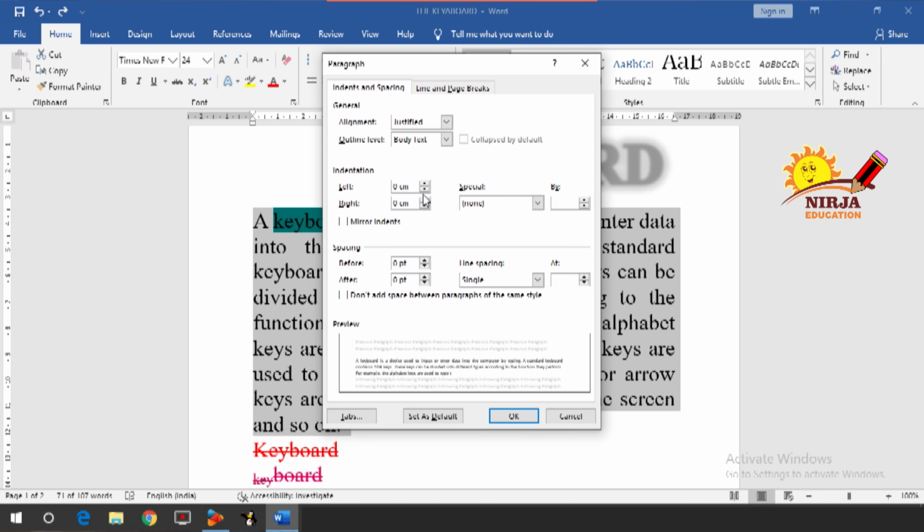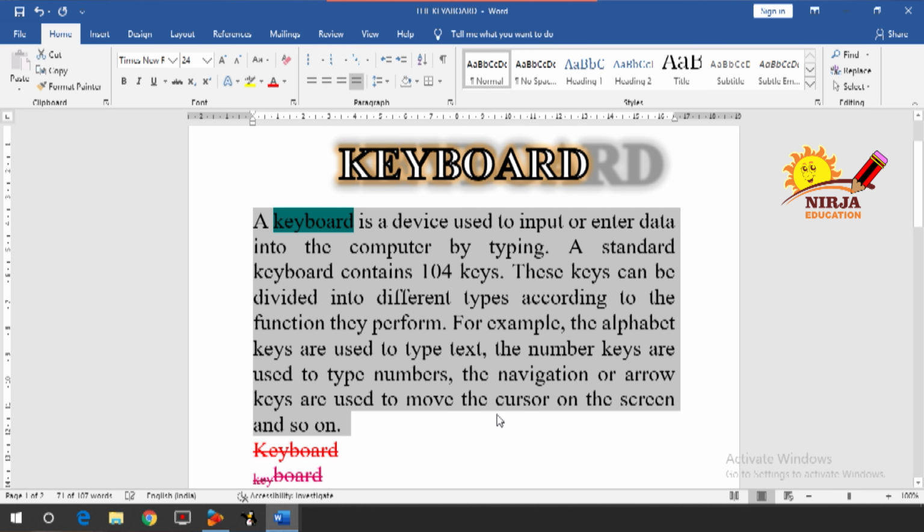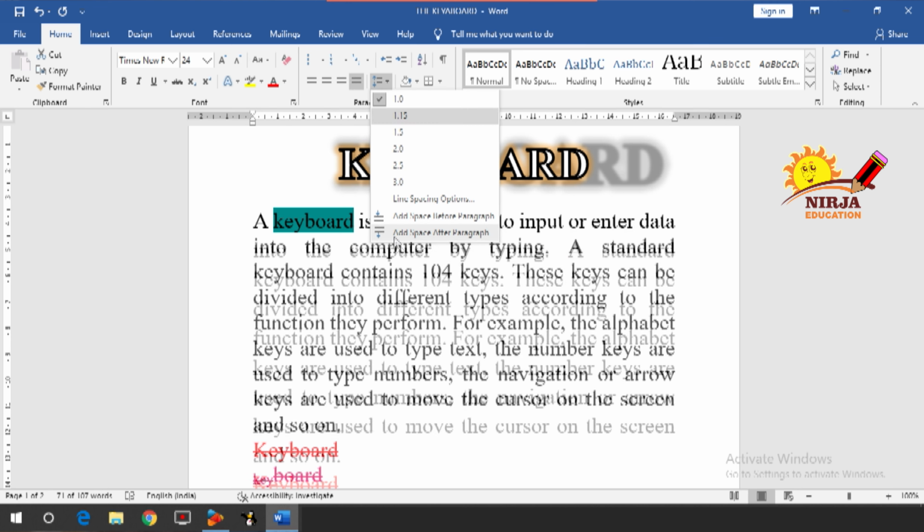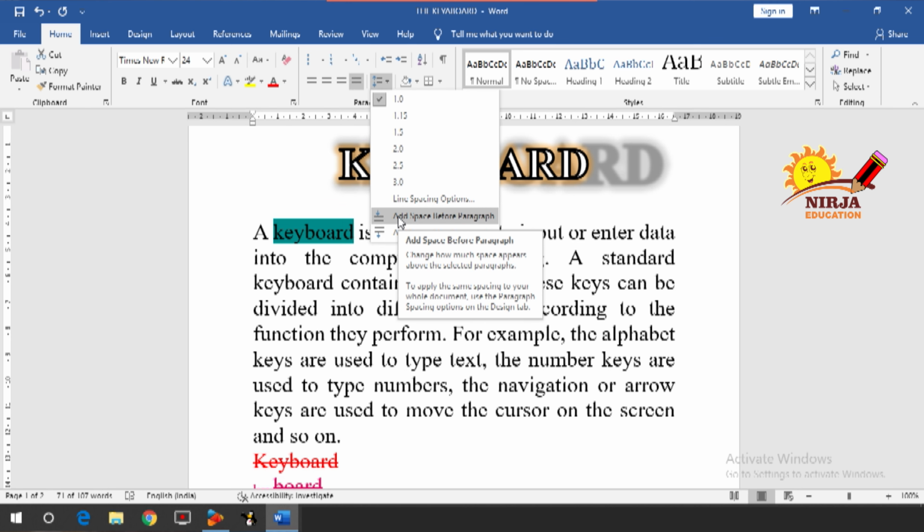Then in the line spacing options, if you want more options, you can specify over here: alignment, outline level, then indentation, you can increase or decrease it, and you can set as default, or you can go for the OK button. Then add space before paragraph.